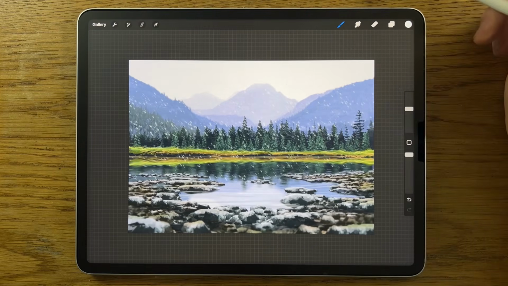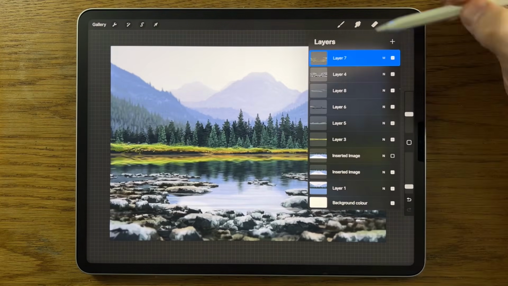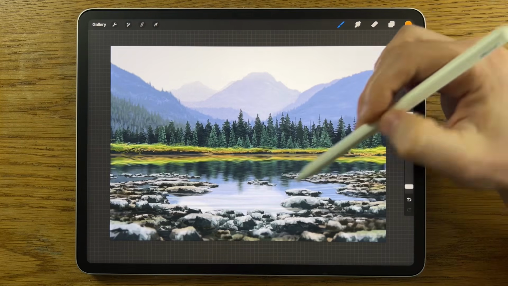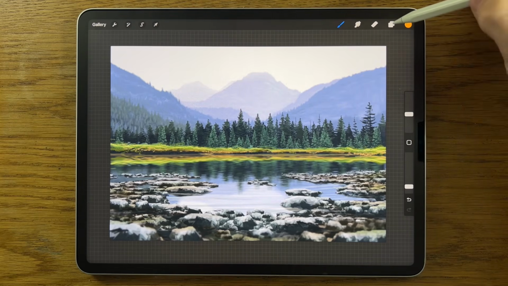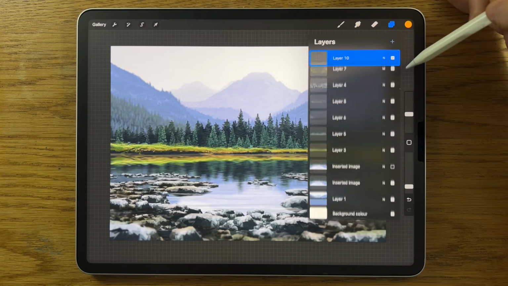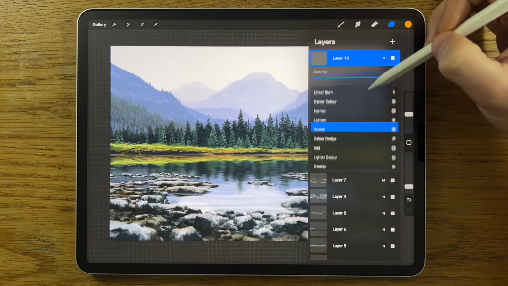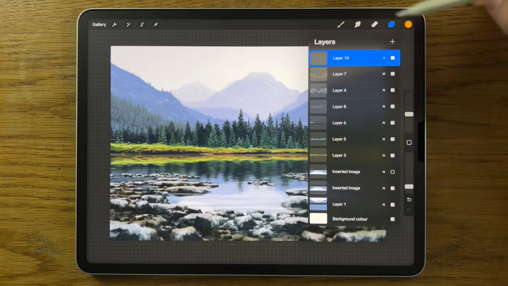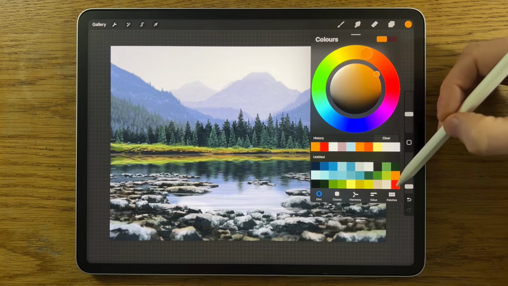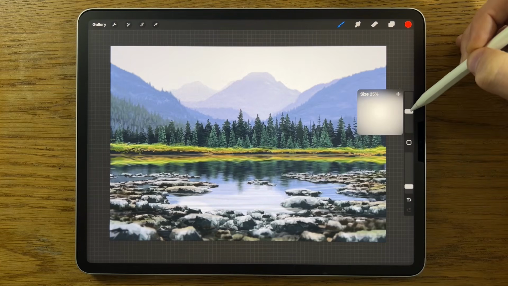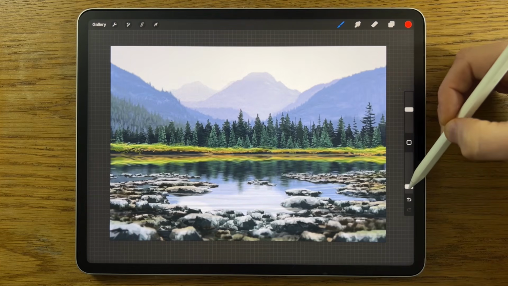And we could easily add a sun glow to a scene. It doesn't really suit this environment, but even in an environment where it doesn't quite fit, you can see how easy it is to do. So I'll create a new layer, tap on the N, change it to add blend mode, go to the soft brush with an airbrushing, and I'm going to pick something like a vibrant red, put it quite big,